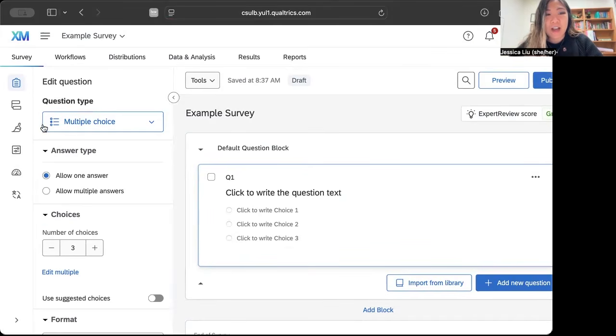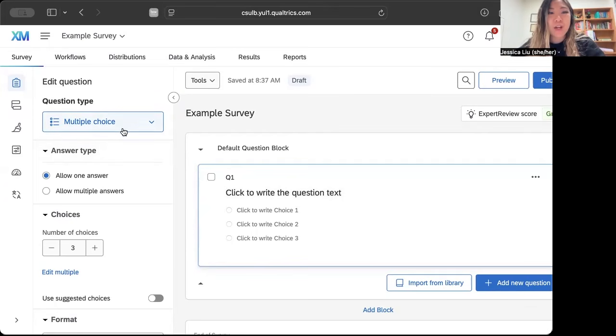So first, let me show you kind of how this works. So you have the survey here, and in these blocks, you can add questions. I'm first going to show you how to create some questions. And generally, multiple choice questions are probably going to be what you're building. They have many other options, but up here, you can